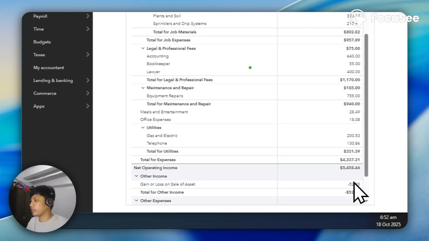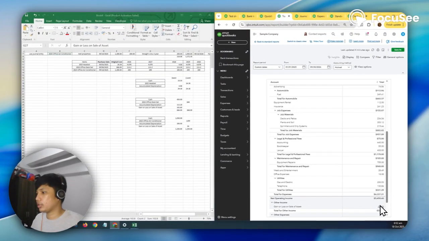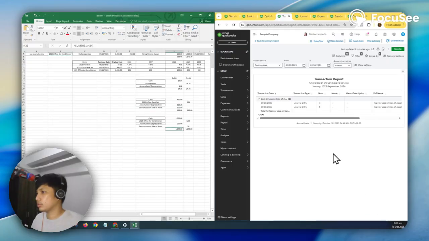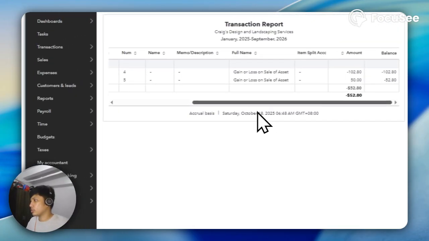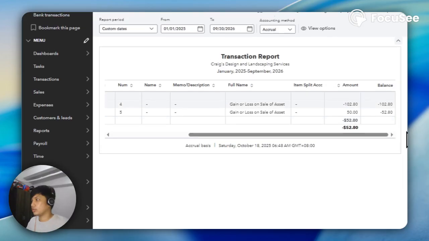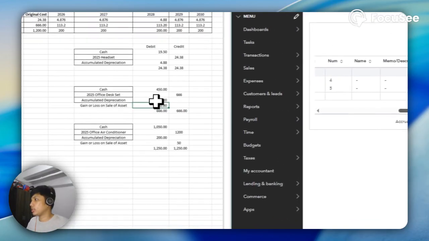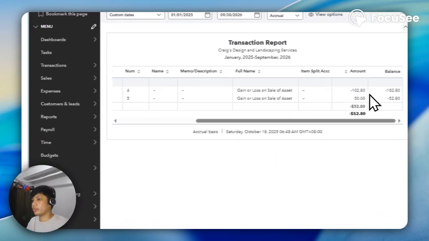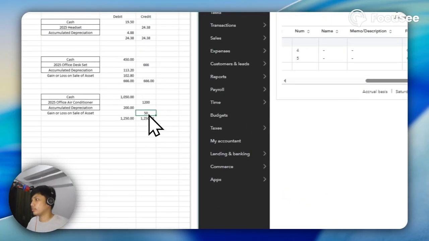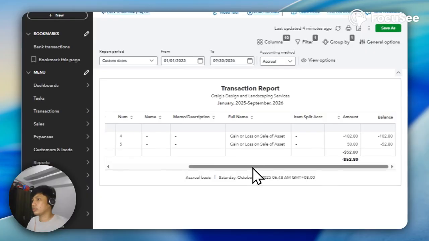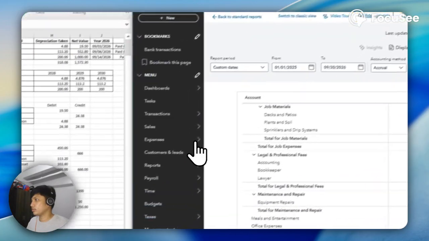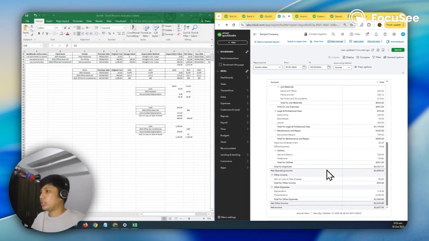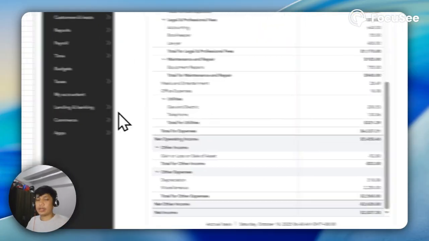We have a negative 52.80 here. All right, we have a negative 102.8 for this one, and then for the 50, we have this one positive. So I think that's all.